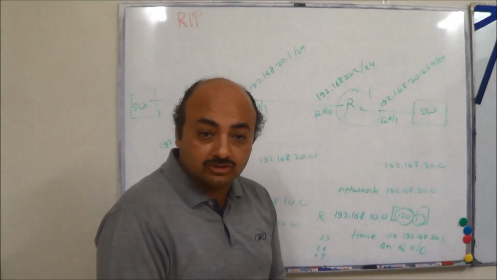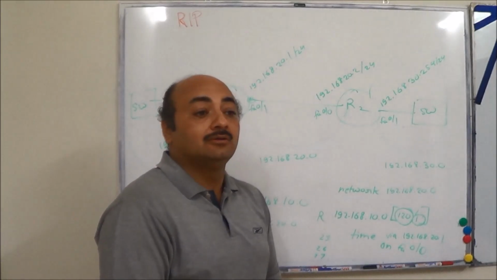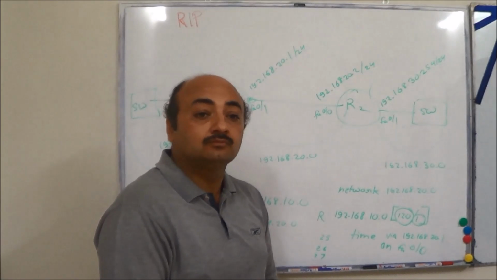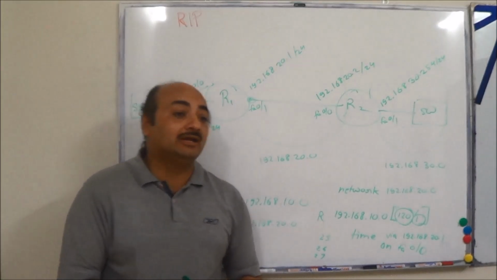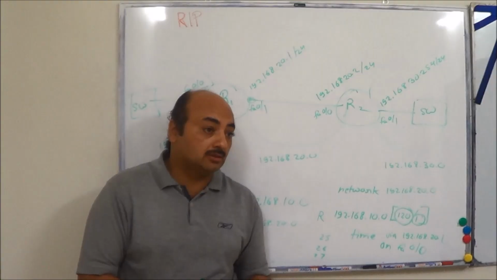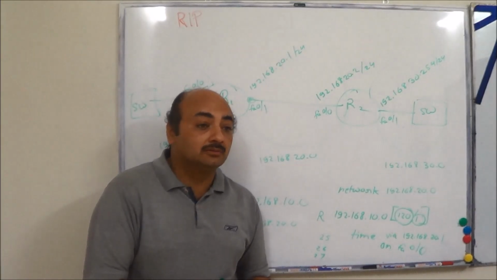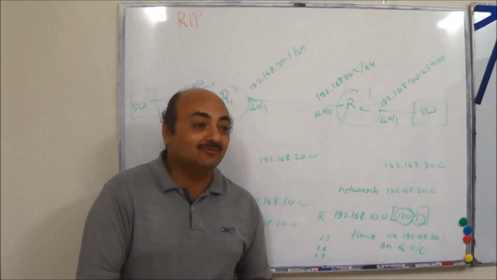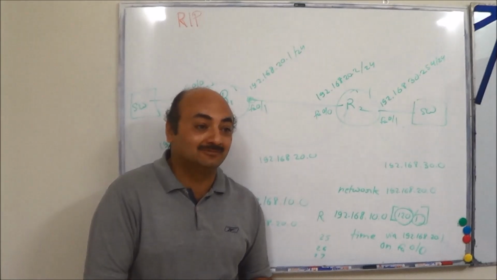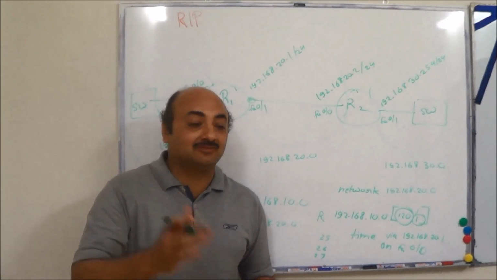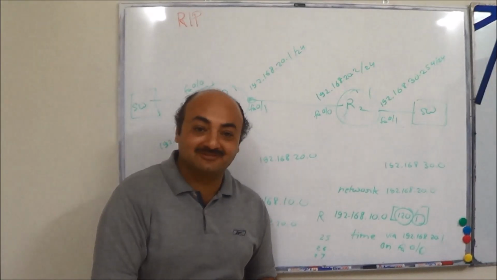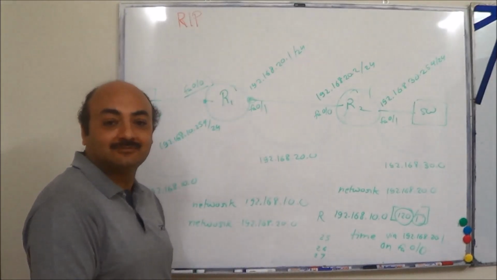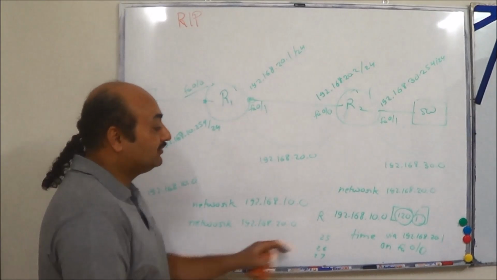When you are getting information about the same networks from two different protocols, you have to listen to one protocol. Or put it this way: if you are getting information about a particular topic, let's say GGITM got shut down, would you believe Umesh sir or Mr. Venkatramu? Whatever Mr. Venkatramu tells you gets more weightage. As such, GGITM will never shut down. Okay, I'm just giving an example. So that's where it comes into the picture.